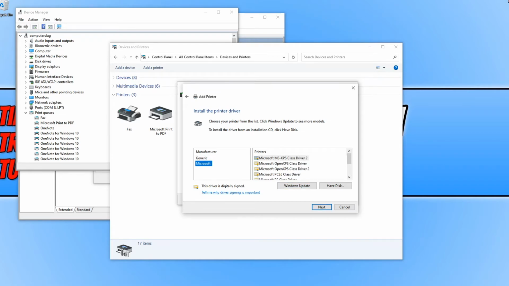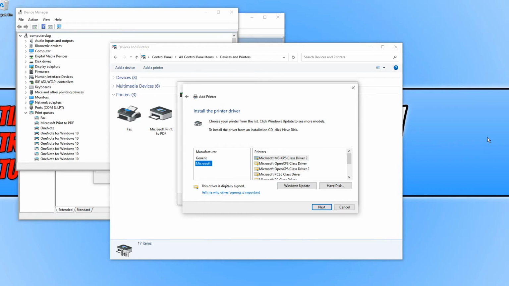If you can't see your printer in the list below, then you can always click on Have a Disk, if you do have a disk for your printer. But like I said at the start, you are better off getting the drivers for your printer from the manufacturer's website. After updating all the drivers and reinstalling your printer to your machine, if that didn't resolve the issues, then